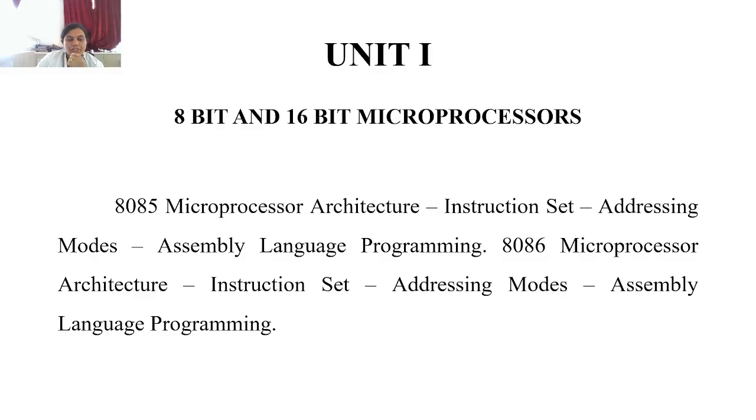Now we are going to see the first unit, 8-bit and 16-bit microprocessors. In this unit, we will study the 8085 microprocessor architecture, then the instruction set of 8085, addressing modes of 8085, and some assembly language programs using 8085 architecture. And then the 8086 microprocessor architecture. This is a 16-bit microprocessor architecture, and we will see the instruction set, addressing modes and assembly language programming of 8086